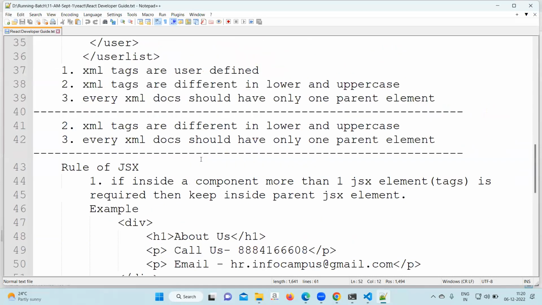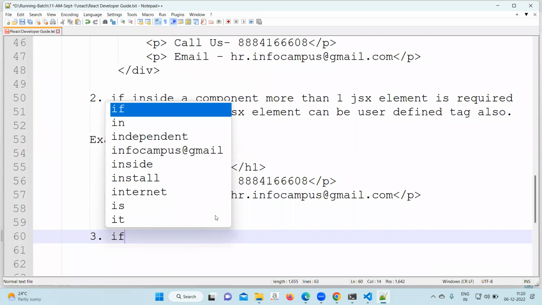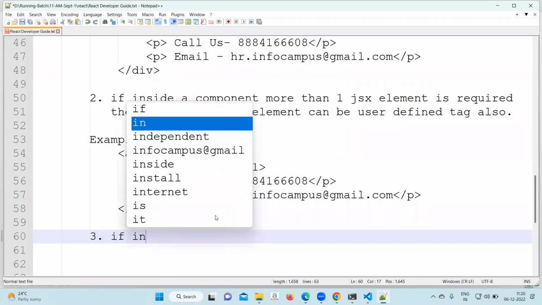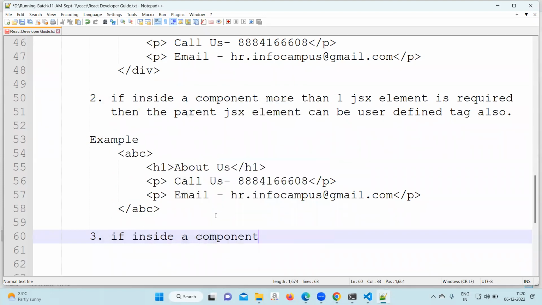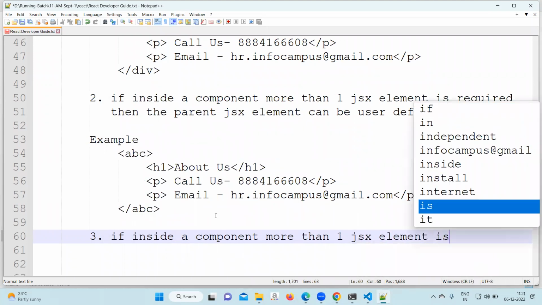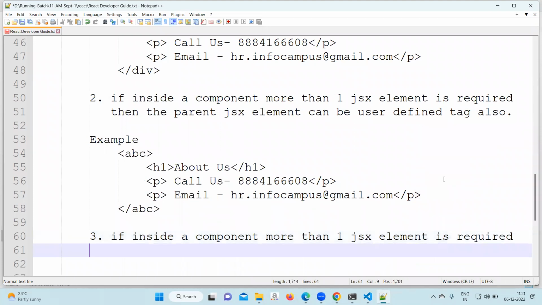Okay, go to the third number. Third number, what we need to write? We need to write the similar thing. If inside a component more than one JSX element is required, then the parent tag can be